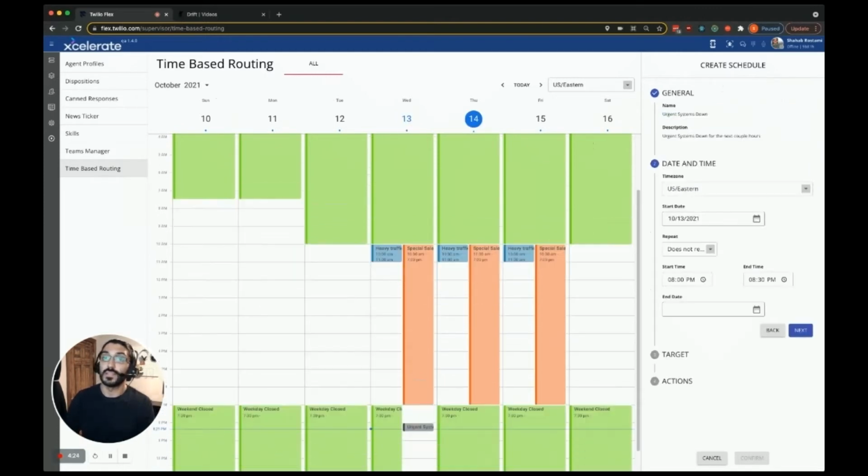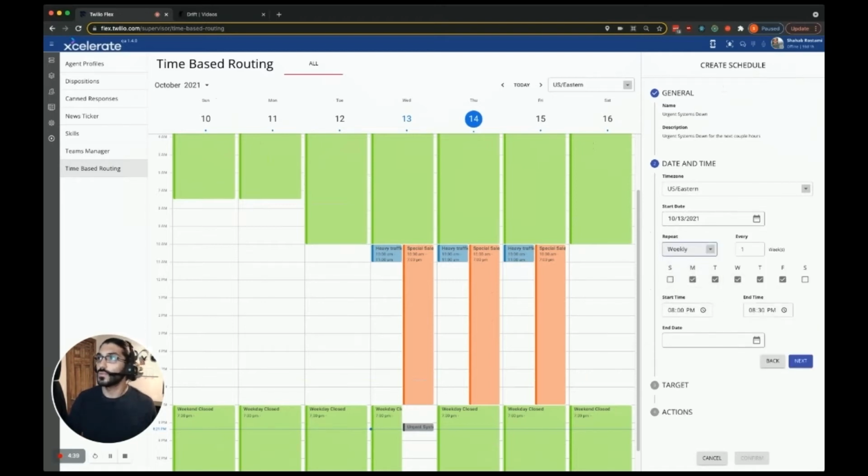And here we're presented with a date and time step as well. So similar to when you schedule meetings, you can schedule different recurrences, one-offs, times of day, days of the week, and so on. So to give a good representation of what this can do, I'm going to simply create a weekly recurrence and show you that I can select Monday through Friday. And let's do 8 o'clock to 9:30. Let's have that ending Friday.